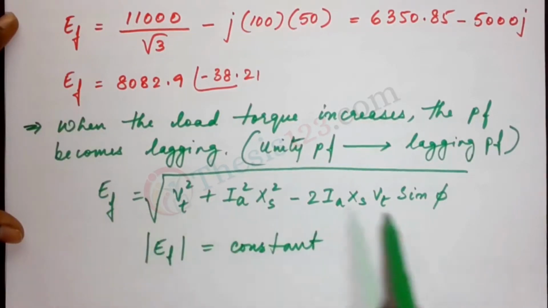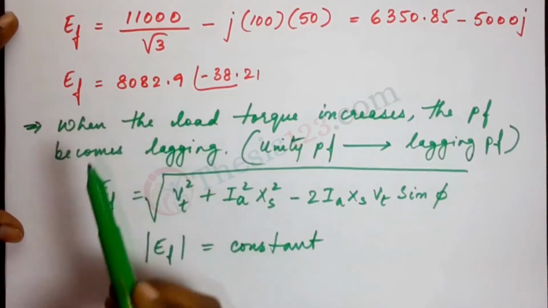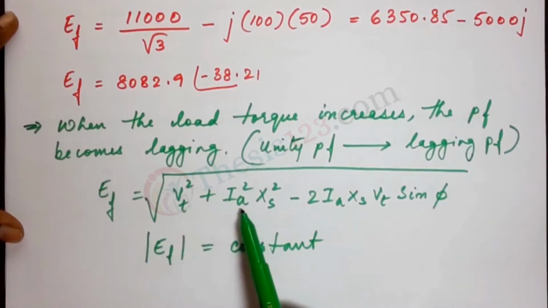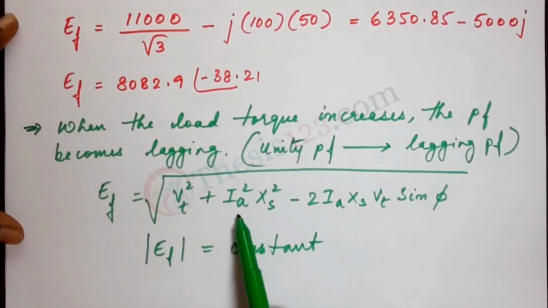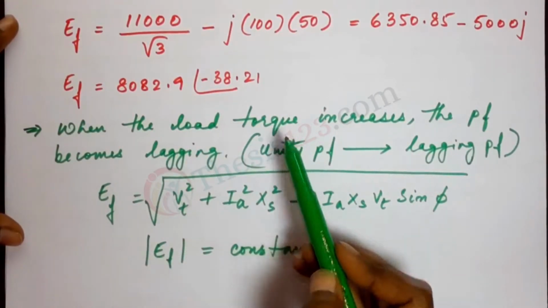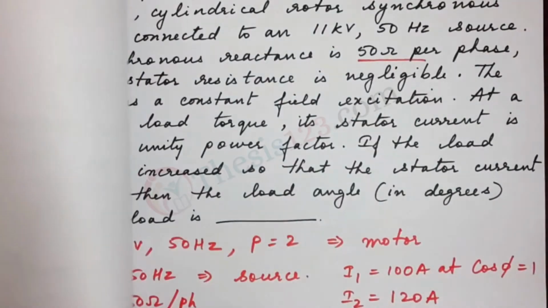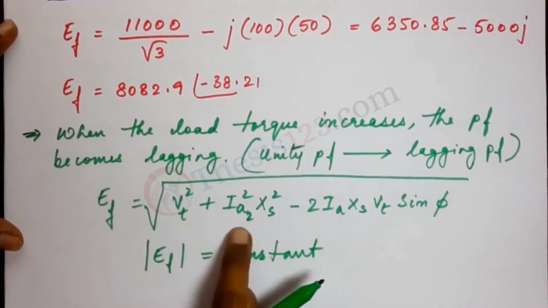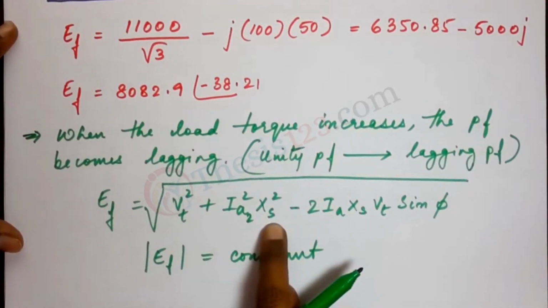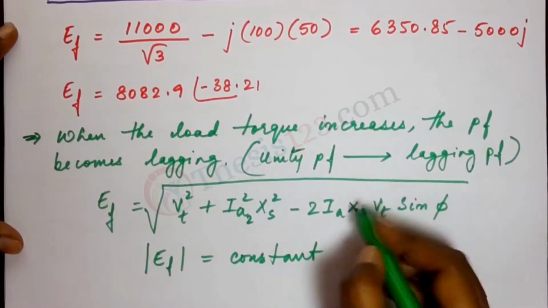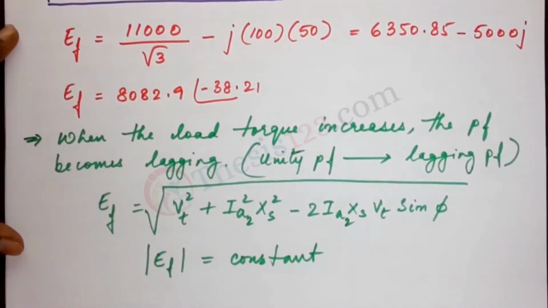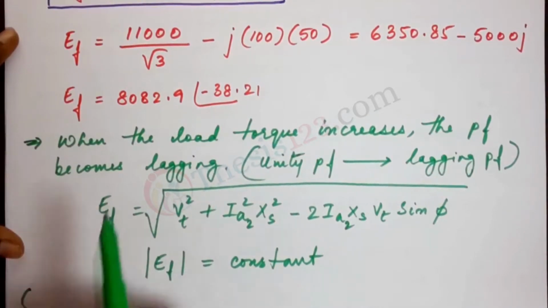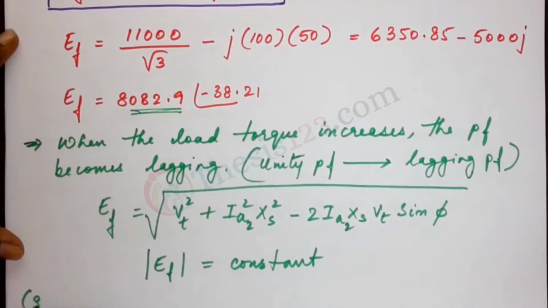Now we use this equation here, substitute the value of EF here and the values of Vt, Ia. Now here the Ia has increased, okay, the load torque has increased, therefore the current has now increased. It's given that I2 is 120, right? So this is Ia2 or I2. Xs is the same, and here as well this is the I2 value. Now I'm going to put the values in. Please note, we are going to use the magnitude alone. So that's